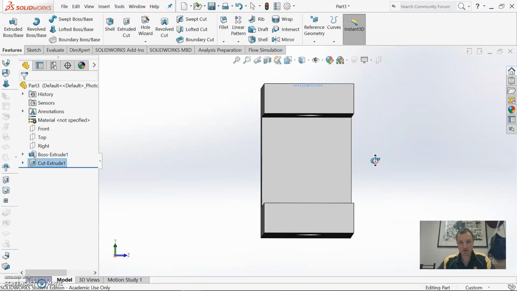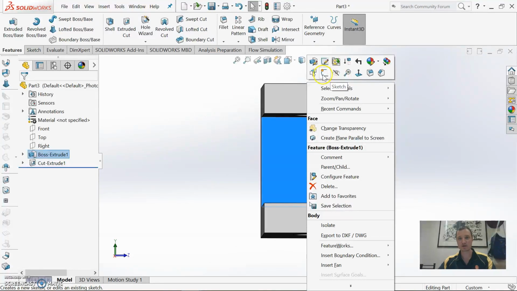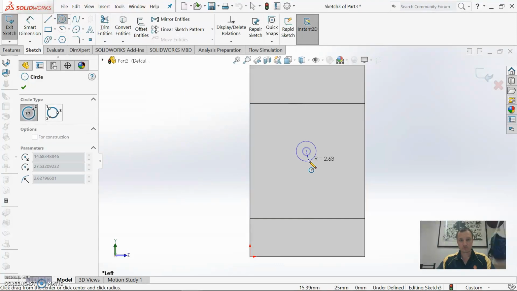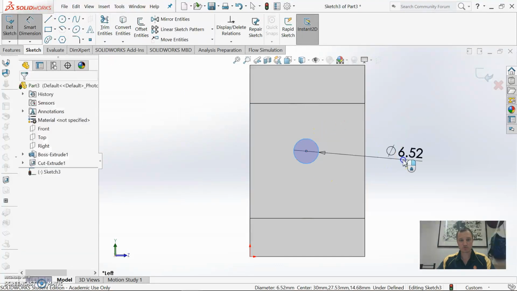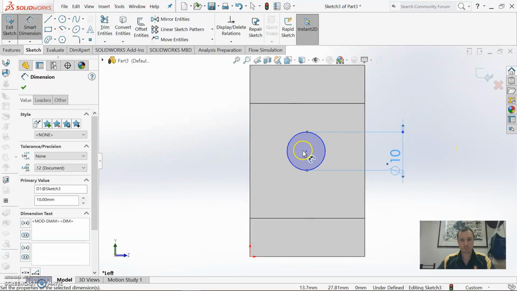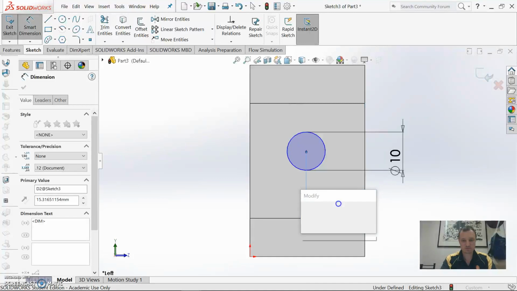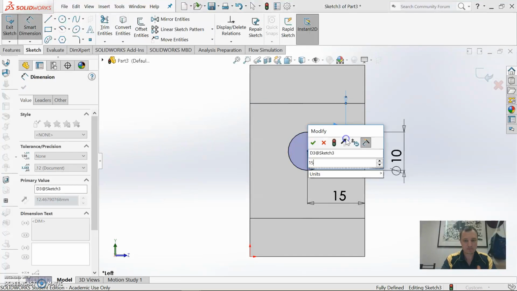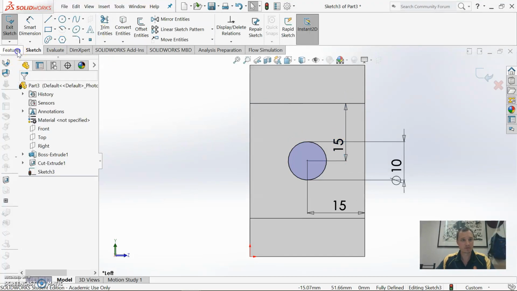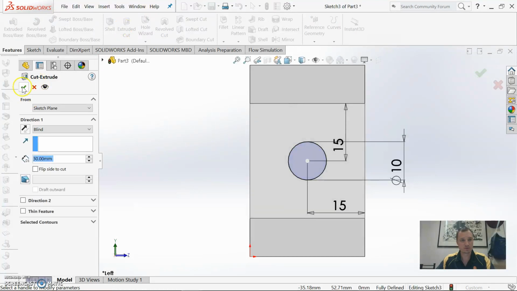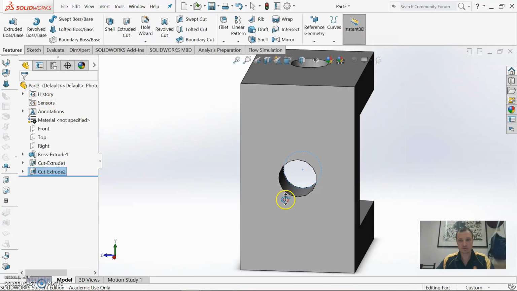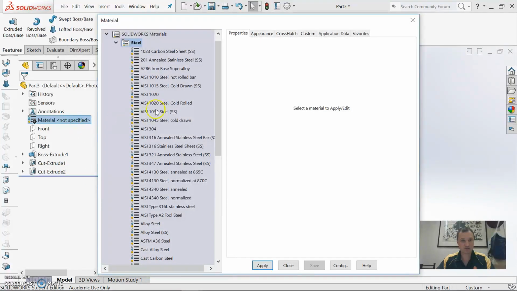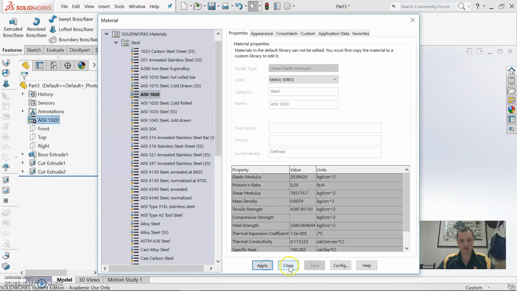And then we have a hole in this one. So again, right click, sketch. Put a circle in, dimension it to 10 mils. Again, center it, so 15. Okay, extrude. Okay, so that gives us our bracket, and that one again is in 1020 steel. Apply, close,